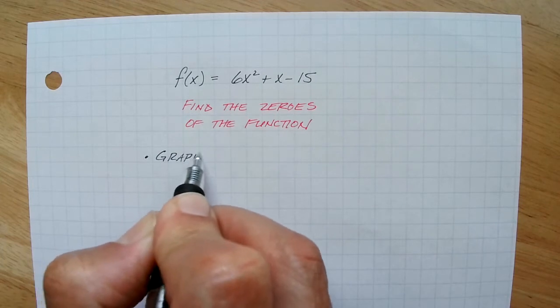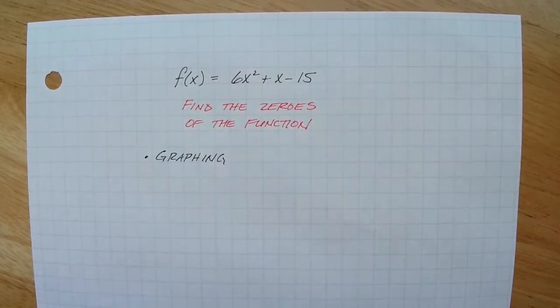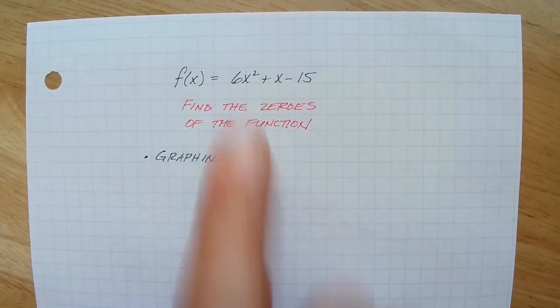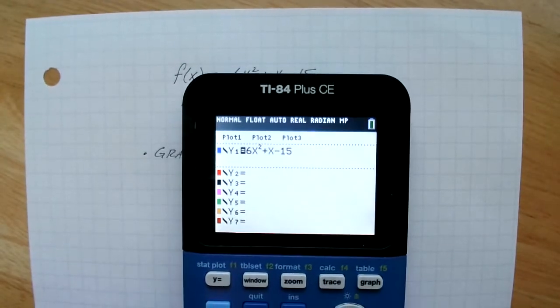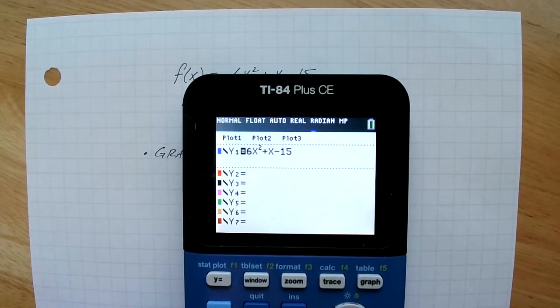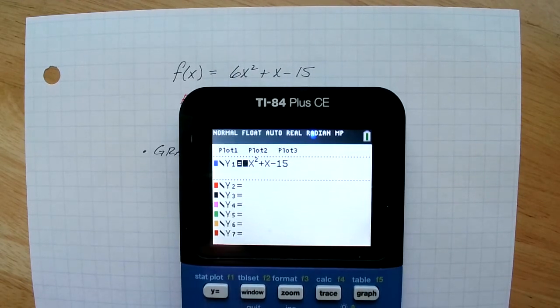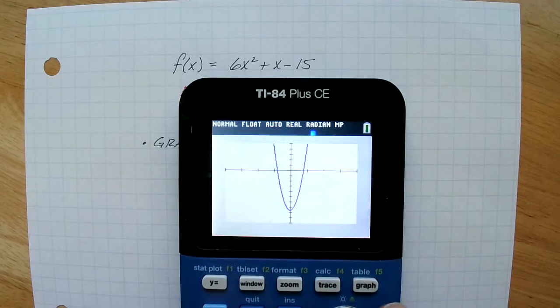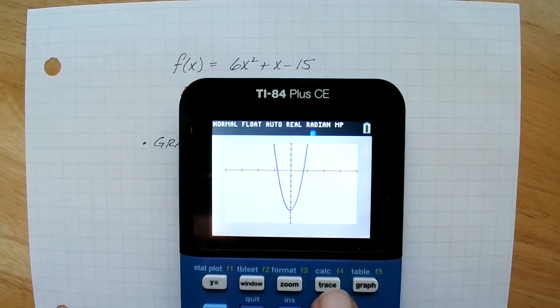If we were able to make a graph of this function, and as you know, it is a parabola, we could put this equation into Desmos, or I'm going to put it into my graphing calculator. So here I've typed in 6x squared plus x minus 15, and I'm going to hit graph. I had to play around with the window a little bit to get a nice scale. But then if I use the trace feature on the calculator,